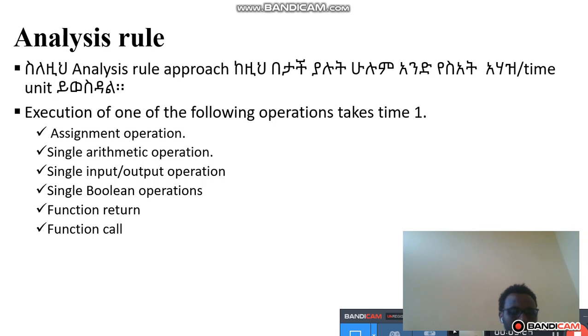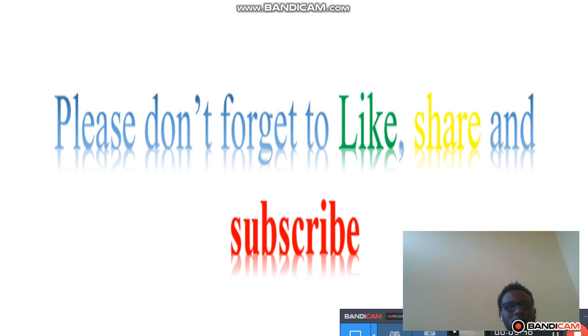analysis rules in case of the ይሄ ደግሞ በፎርማል አፕሮች ሲሆን ማለት ነው በፎርማል አፕሮች ሲሆን ደግሞ እነዚህ execution times of the operations of the task contain takes one time unit አንድ ታይም ዩኒት ነው የሚወስደው ለምሳሌ assignment operation single arithmetic operation single input output operation single boolean operation እና function return እና function call ካሉን እነዚህ አንድ ታይም ዩኒት ይወስዳሉ ማለት ነው ስለዚህ ስለነዚህ ፖይንቶችን በኔክስት ክላስ ኢን ዲቴይል ስለምናይ try to recall